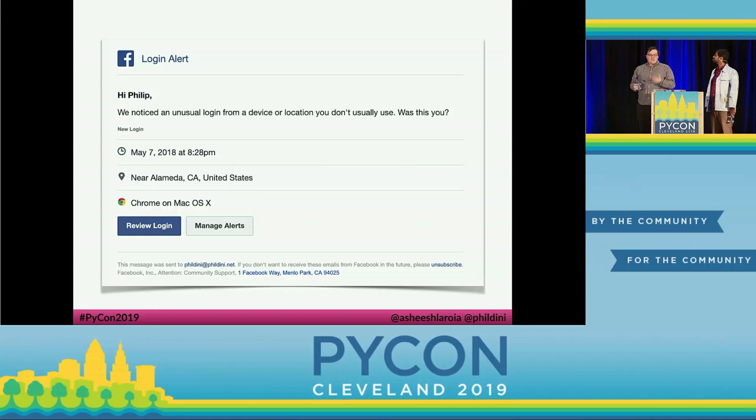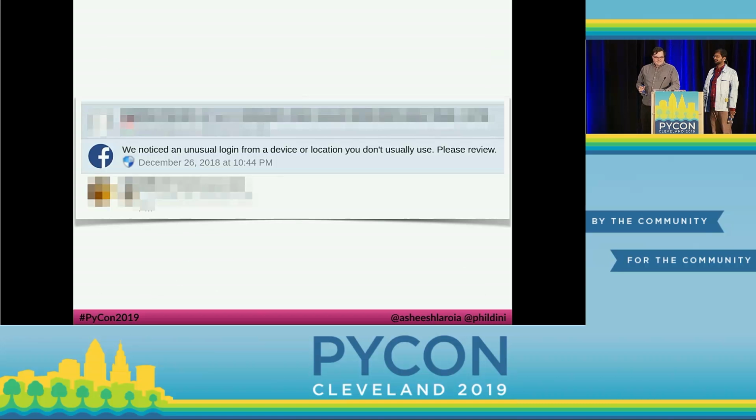Facebook and Google are really good at proactively letting the user know when something weird is happening. They send emails. They also show in-app notifications. Here's a web notification. When I get these notifications, what I feel is a big ball of trust that Google or Facebook are at least paying attention to what's going on with my account. Google and Facebook don't always send you a notification. They try to detect when it's most likely that a new login is a bad one.